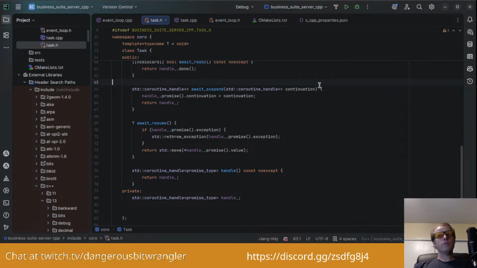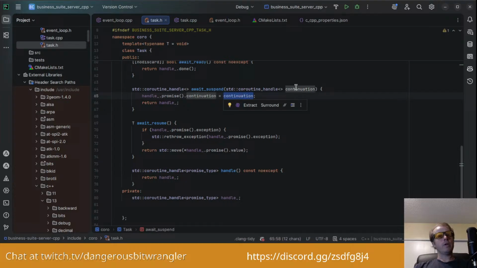Okay, and then if we look here, we have await_suspend, which will return a coroutine handle given a coroutine handle.